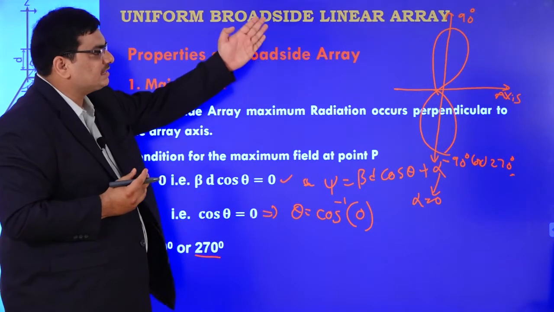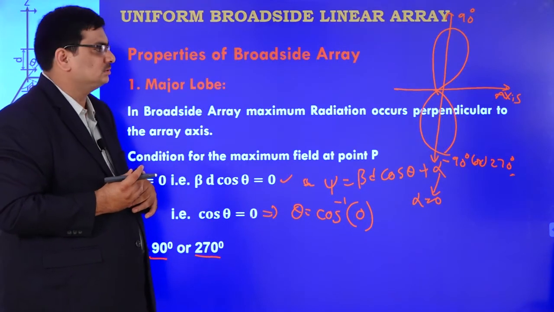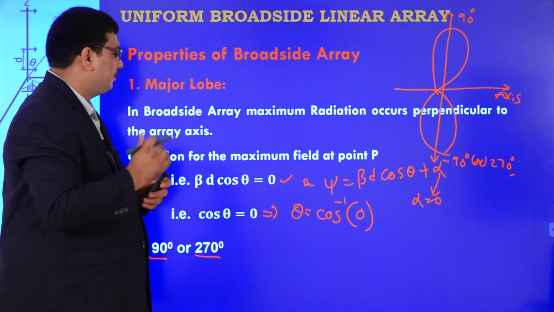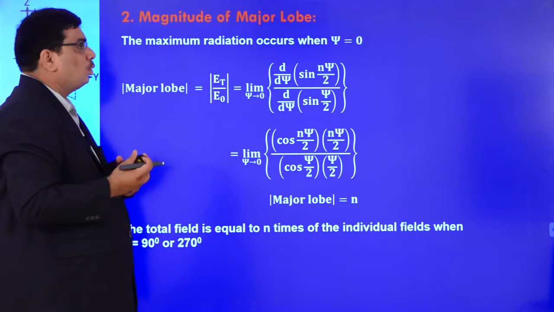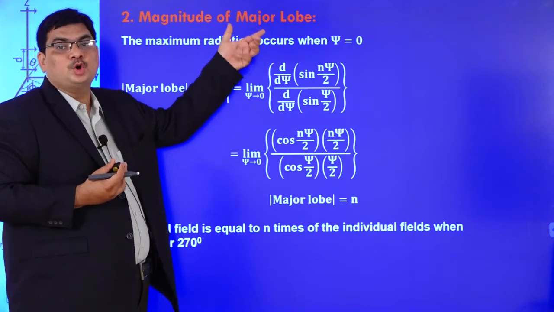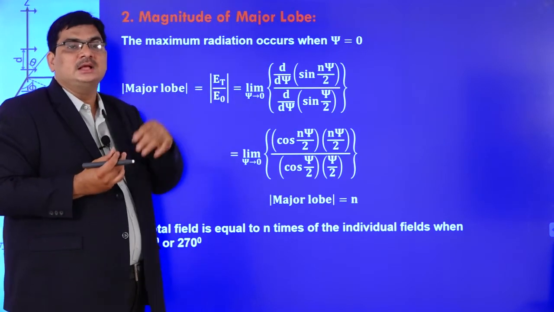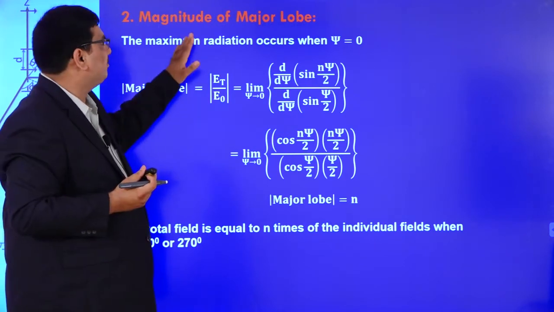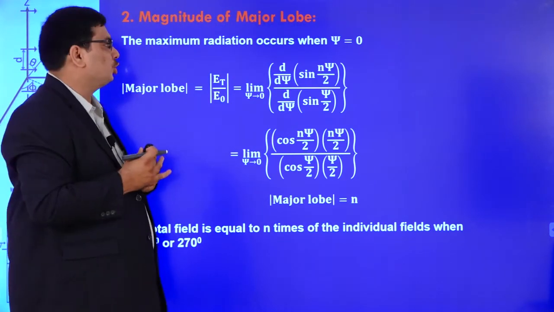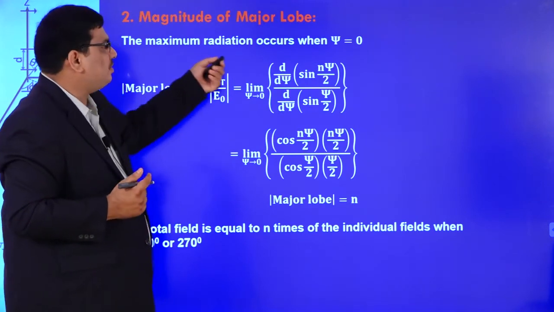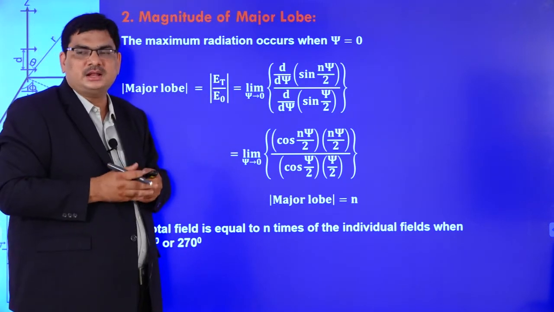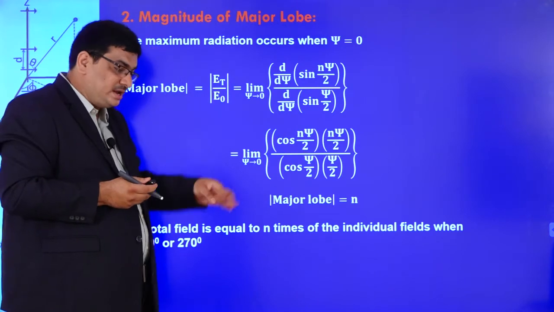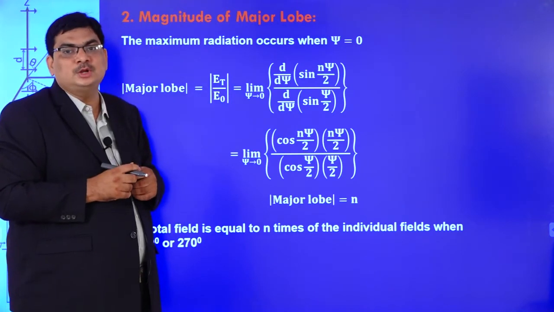So that is the direction of your major lobe. Next, what is the magnitude of the major lobe in that direction, that is at 90 degrees and 270 degrees? What is the magnitude of your major lobe? The maximum radiation occurs when your psi is equal to 0,